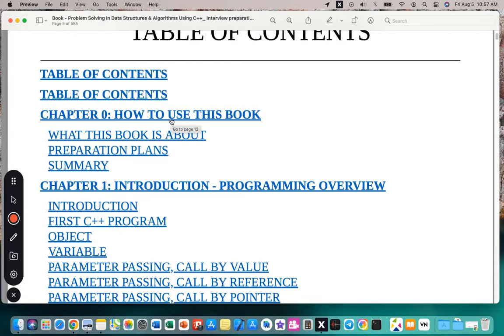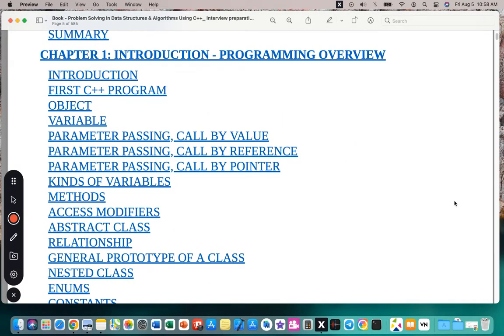How to use this book. See, just like in programming, they start with chapter 0, because in programming we start from 0. When we put counters, we write the 0, so we have chapter 0. How to use this book. What this book is about, preparation plans and summary. This is just chapter 0. Chapter 1 is about introduction, programming overview. Introduction, first C++ program, object, variables, parameter passing, call by value, call by reference, call by